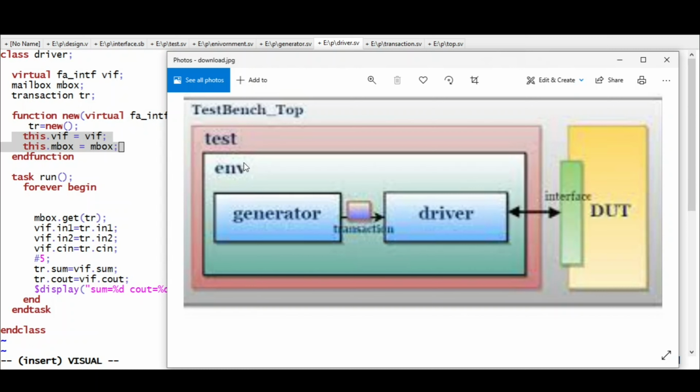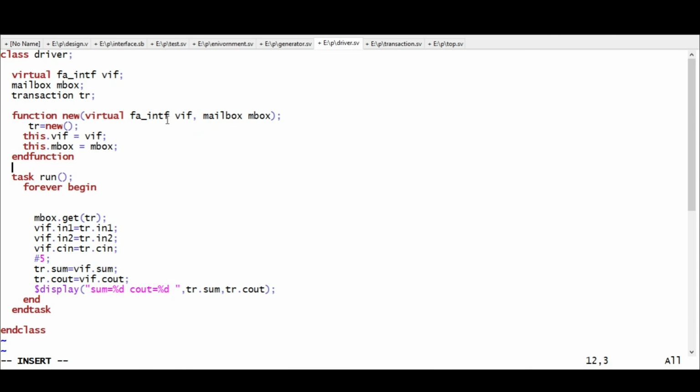There is an environment class. So definitely from this environment class we will get this virtual interface as an argument and our mailbox as an argument. We will assign whatever we are getting from our environment to these variables, that is mbox and virtual interface. So I hope you know what is the use of this keyword.